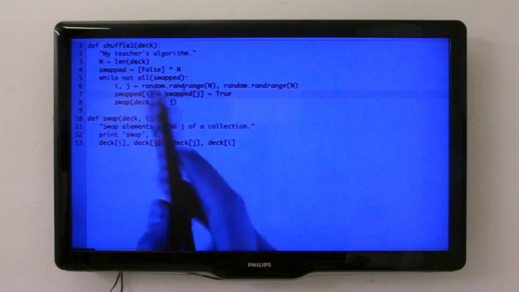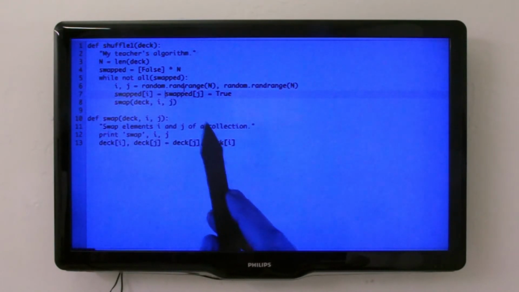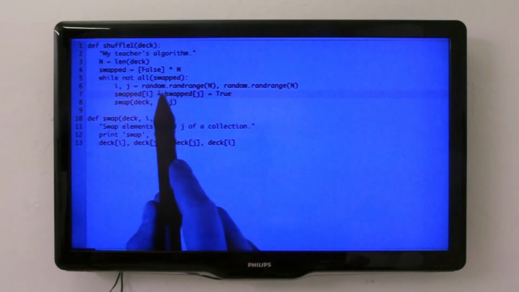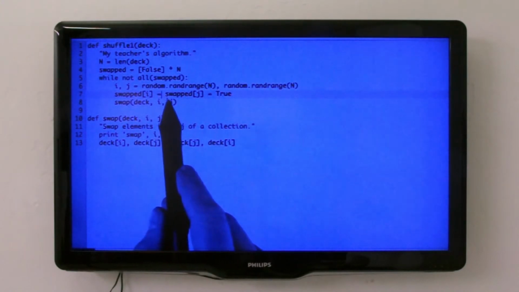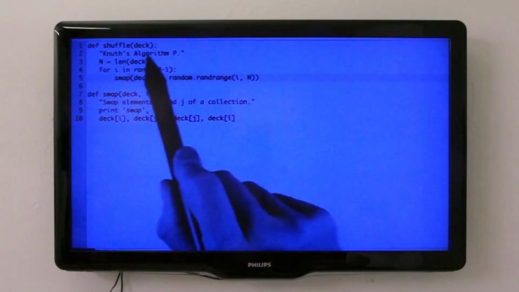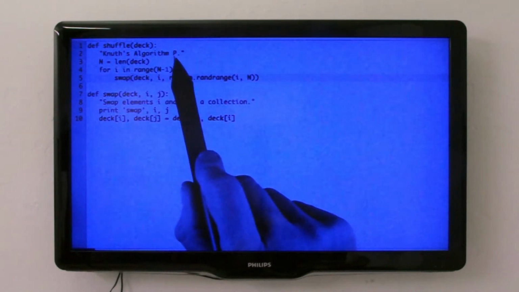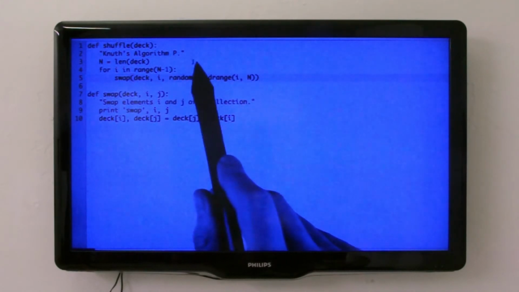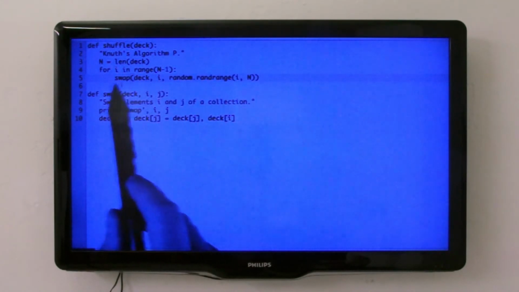And in my head, I came up with the shuffle algorithm that we showed before. Knuth calls it algorithm P for permutation. It just seemed like that was a simple and correct way, and this was just too complicated. And that really bothered me. I thought that an algorithm should be guaranteed to terminate. Now here's the algorithm I was able to come up with. Knuth calls it algorithm P. Other people have discovered it before, so it's been discovered over and over again. And the idea is you just